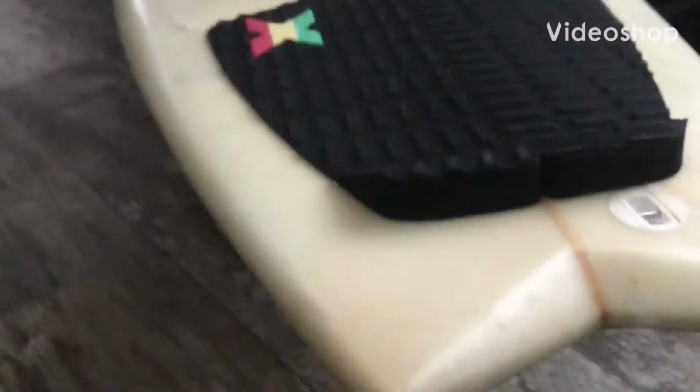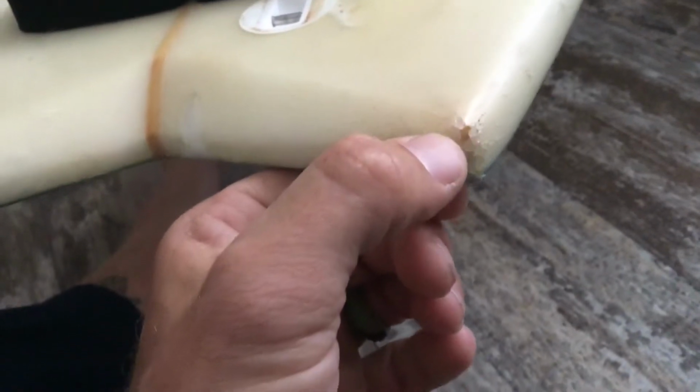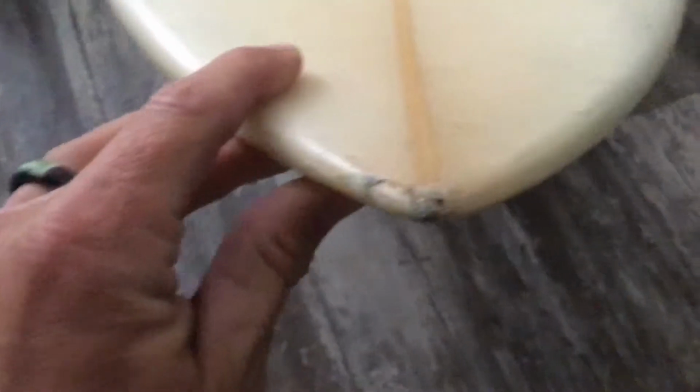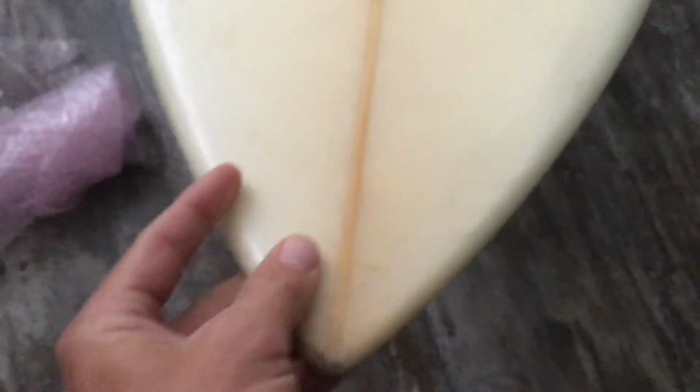Alright, so I wanted to make a quick little video about ding repairs. As you can see here, I have a small little hole here at the end of the tail, and I also have a nice crack right up here. So, first thing you're going to want to do